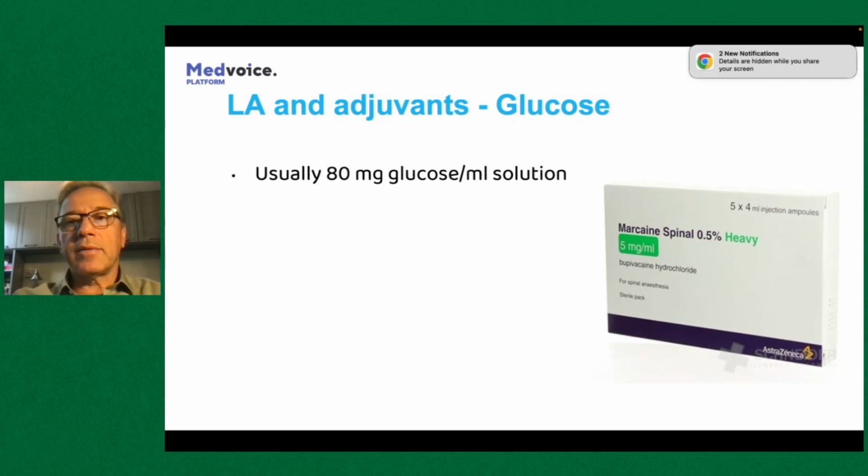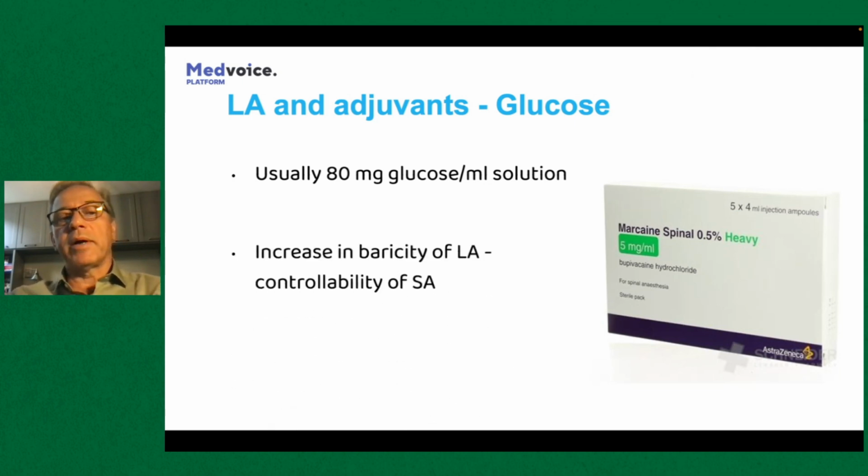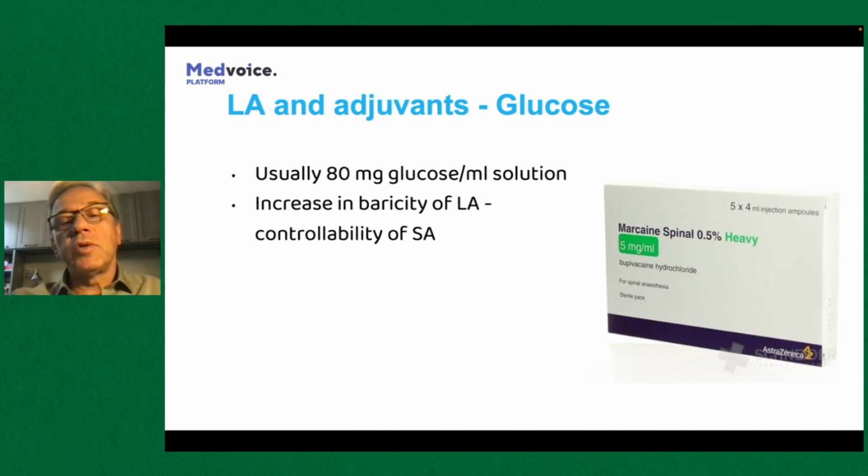And it's basically a bupivacaine solution with added 80 milligrams glucose per mil of solution, which makes it hyperbaric. What does it do? How does it help us? It basically increases the baricity and enables us to control the height of the block. So if we put the head down, then the block will spread upwards. And for example, for cesarean section, we can reach the desired level of T4 a lot easier with the hyperbaric bupivacaine compared to the isobaric